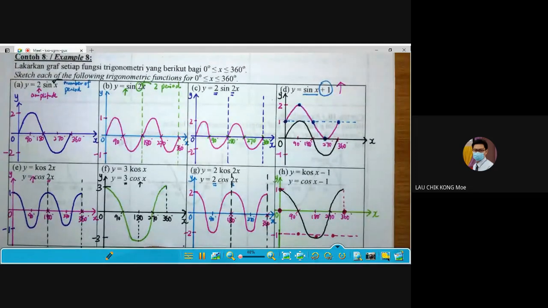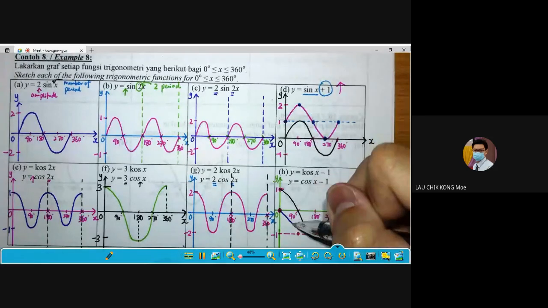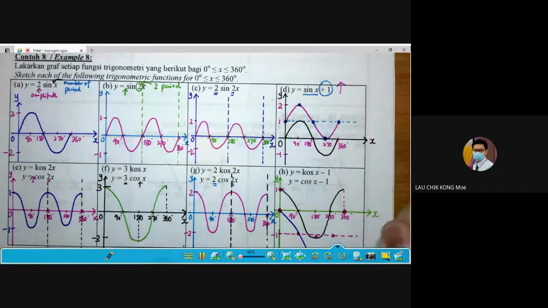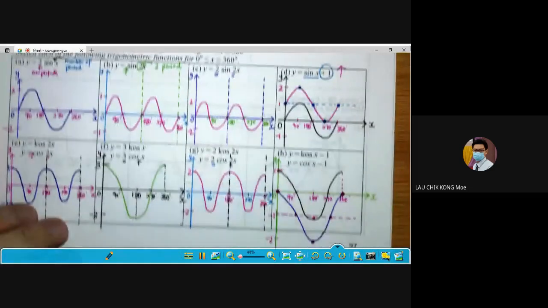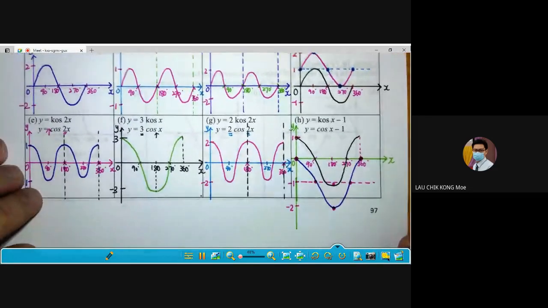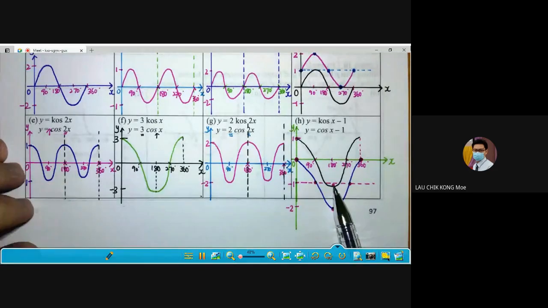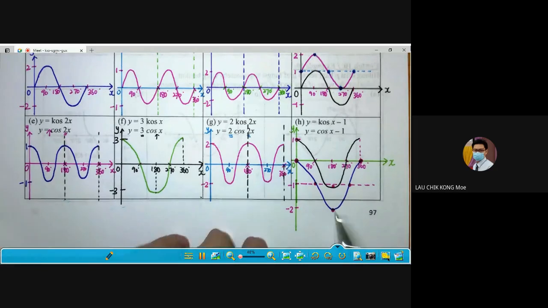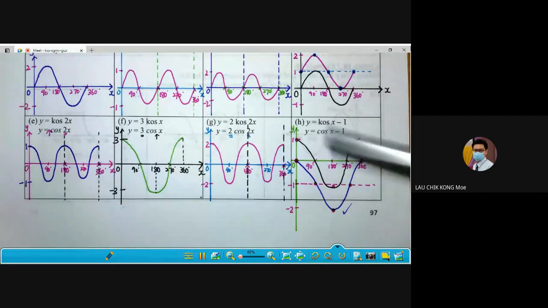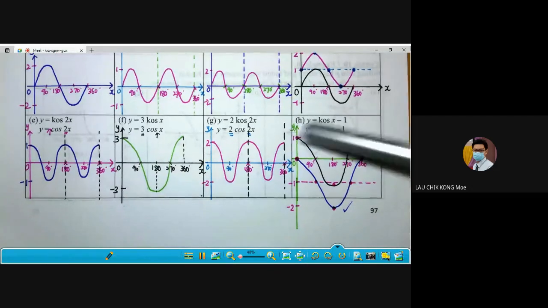Kalau going down 2 unit pun cara dia sama. Okay. So I try to start from 0. Okay, 1, 2, 3. Okay, and then going out 4, and the last one is 5. So the purple one is our answer. The black one is the original graph for the cos X. Okay, so the purple one is my graph, our graph. This is the correct one. Okay. Tapi awak boleh biarkan hitam itu. Kalau boleh padam, kalau tak boleh biarkan pun is okay. Kita faham apa maksud dia.